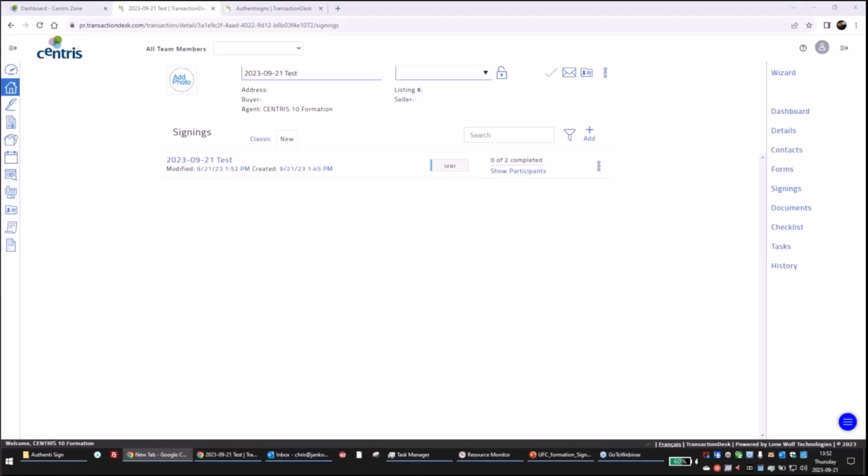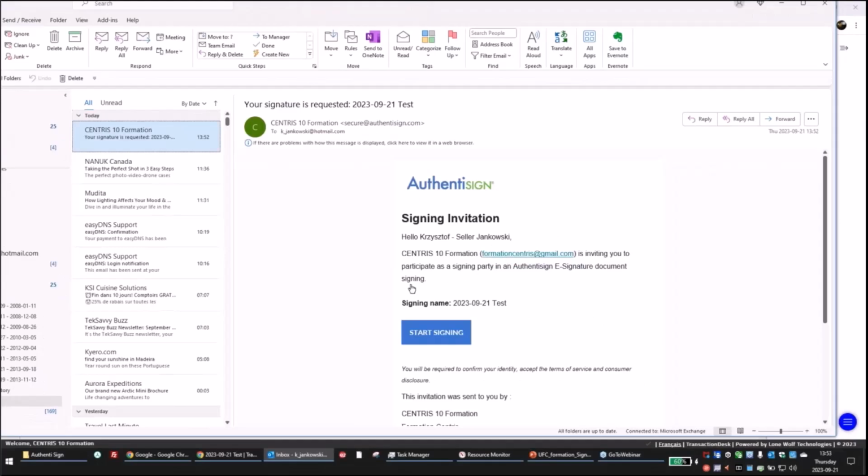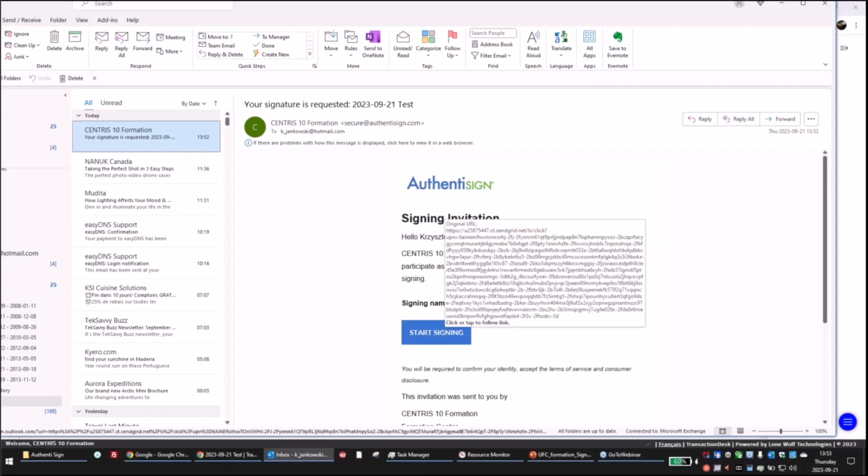Hold on a second, because I can see my Hotmail already arrived. So that's me as seller. Hold on a second here. So I'm just going to show on the screen. See the Authentisign signing invitation arrived, right? That the broker, in this case Formation 10, is asking for electronic signature, right? And when I click it,